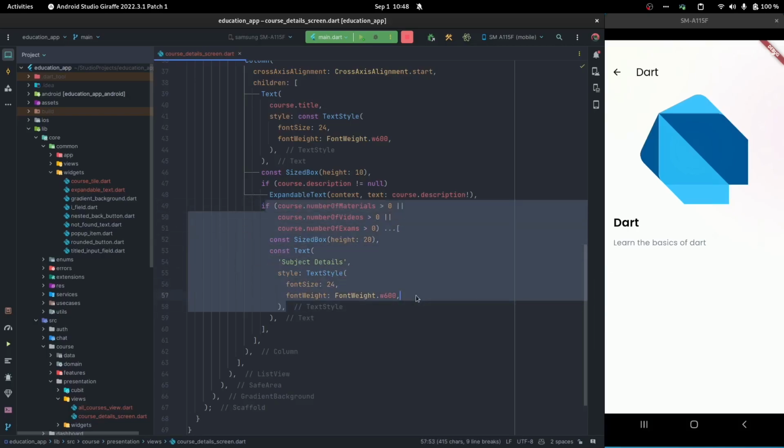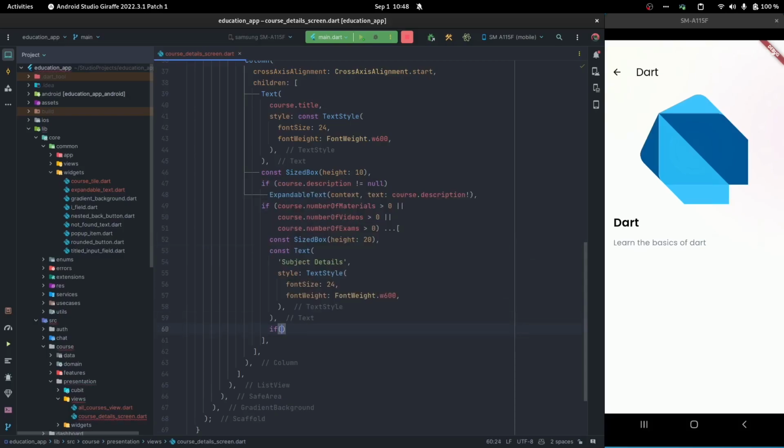This is how we do it. This is what I'm doing. Now, after checking if any of them are available, we want to render the section header. Then we start checking them one after another, to see if they're available. So let me see. If course number of videos is greater than 0,